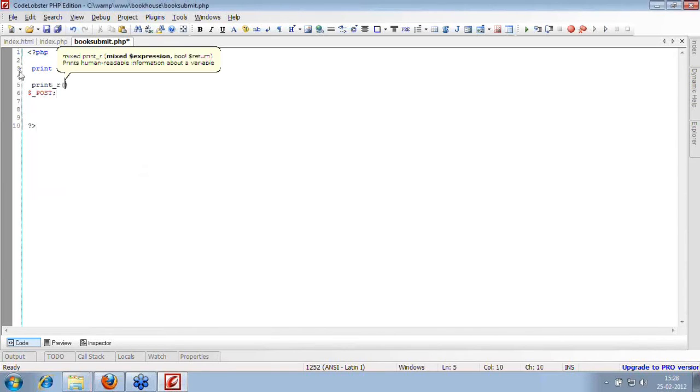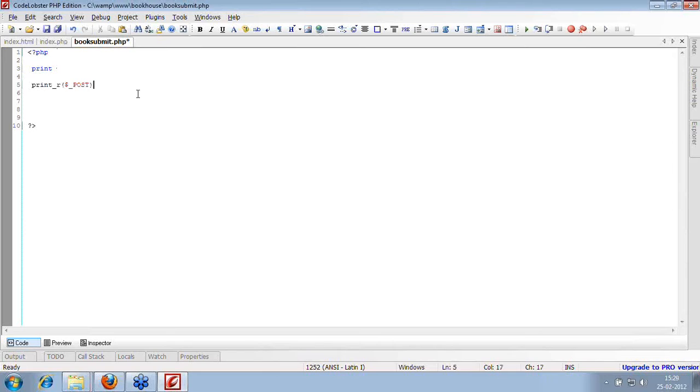This is basically used to print the structure of your array and object. It will give you the whole structure of your array, what all elements are there, what all sub-elements are there, two dimension, one dimension, and their values. This is because $_POST is an array, so I'll put it into my print_r function.